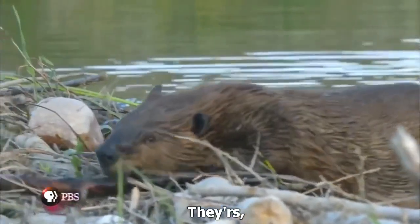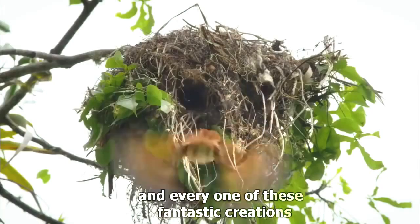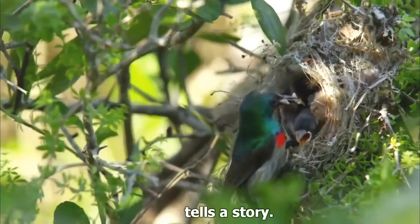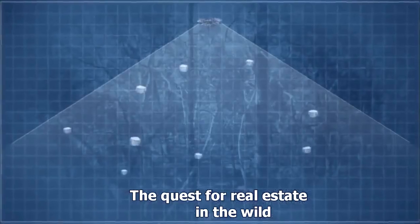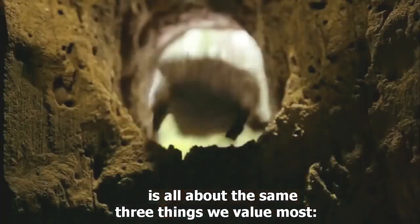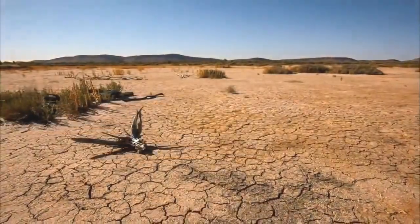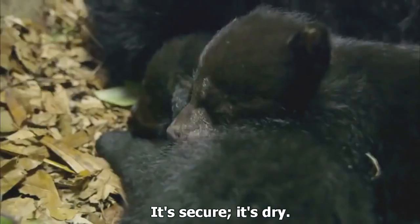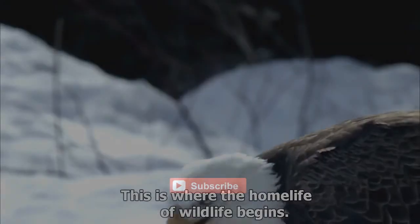They're nature's architects and engineers, crafting homes of spectacular design. And every one of these fantastic creations tells a story. The quest for real estate in the wild is all about the same three things we value most: location, location, location. But it makes it a perfect bear home. It's secure, it's dry. This is where the home life of wildlife